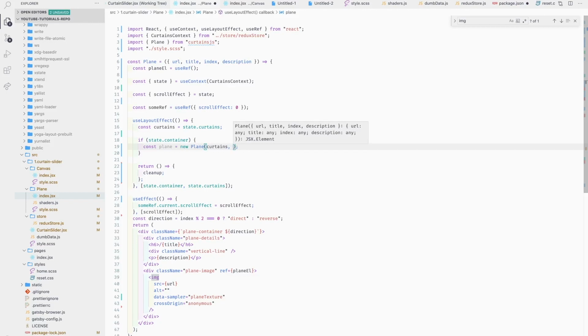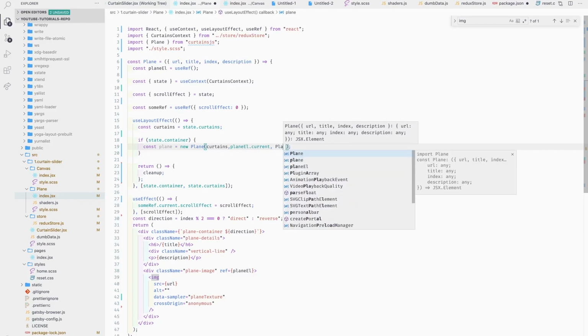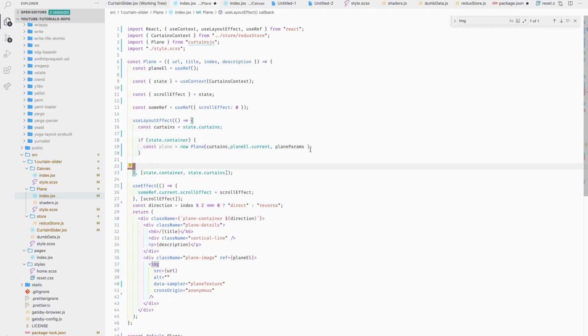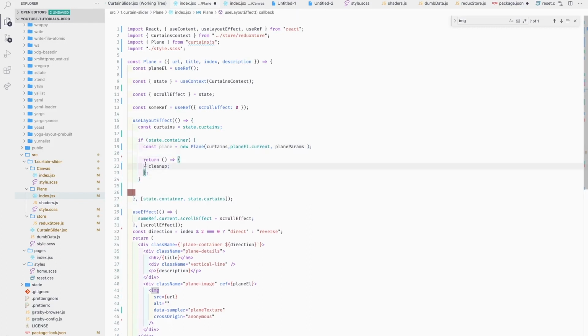Another one is the element, so in our case this DOM element, so is plane element. And another one is the plane parameters, plane params. So we'll need to create the plane, and in return we will